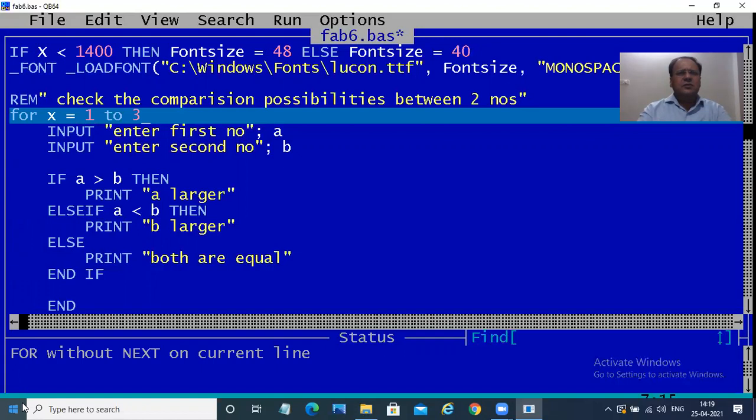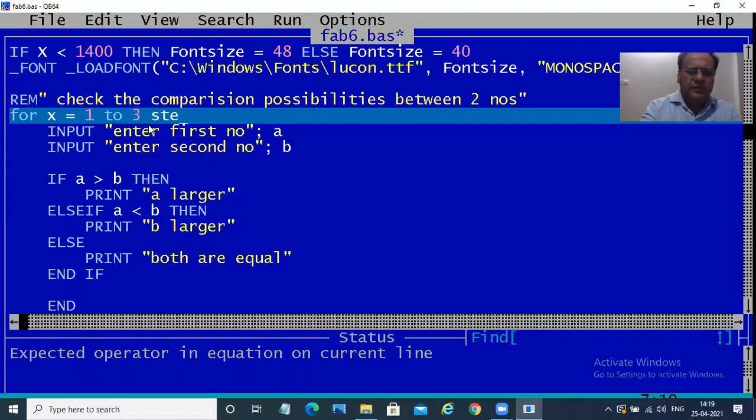We'll execute this whole program. What we are trying to do is run this program 3 times. That's why we are taking the keyword x is equal to 1, 2, 3, and over here we give a step. We can give a +1 and say +1,